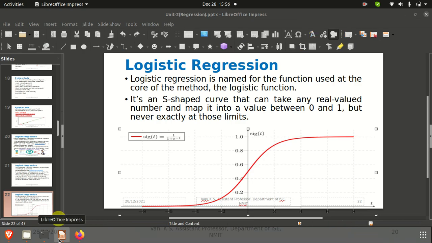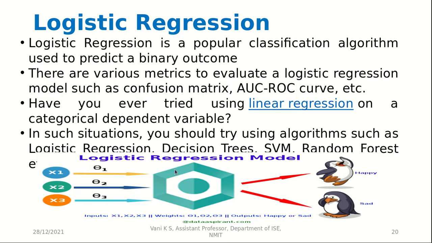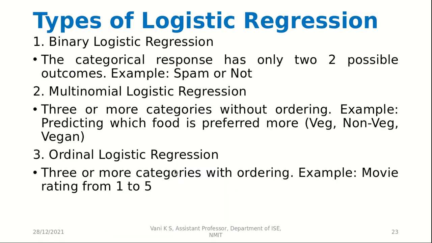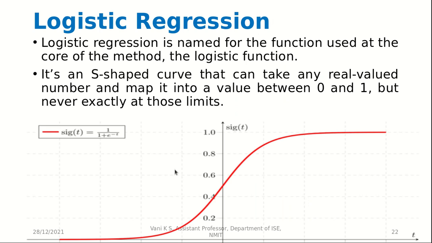So we can say that here the function we can see is that it starts somewhere here and then it ends at 1, but the values given by the logistic regression will be somewhere in between. So we have to classify it on our own whether to move ahead or to move backward.